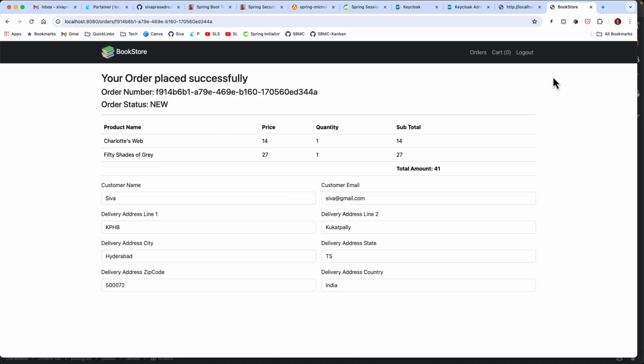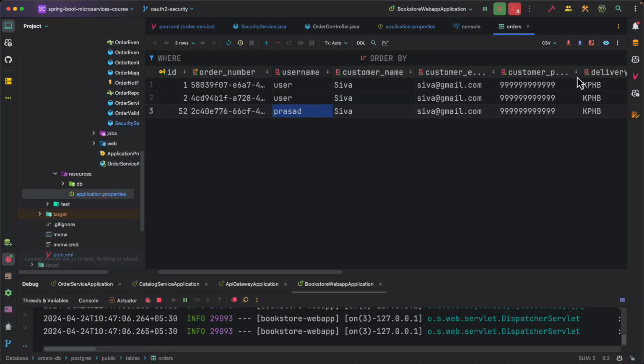Okay, now if I go to check in the database, let me refresh. So a new order is placed. This time the username is Siva. So this is how we are able to store who placed the order by taking the current login username from